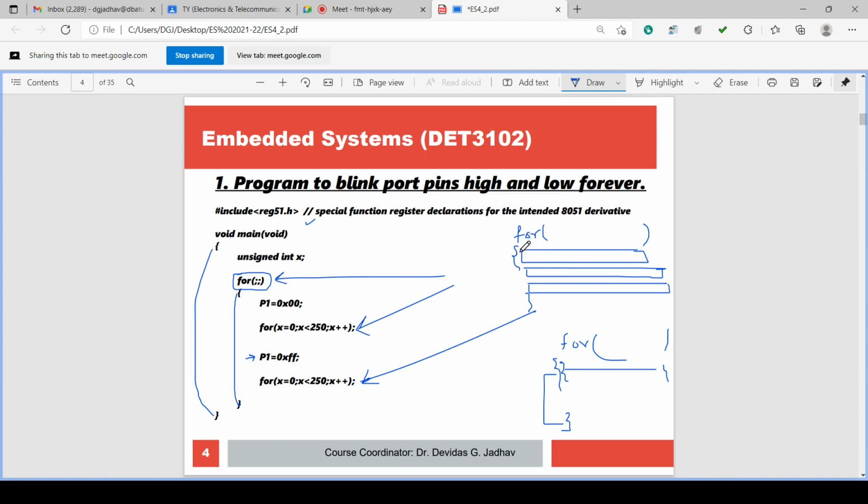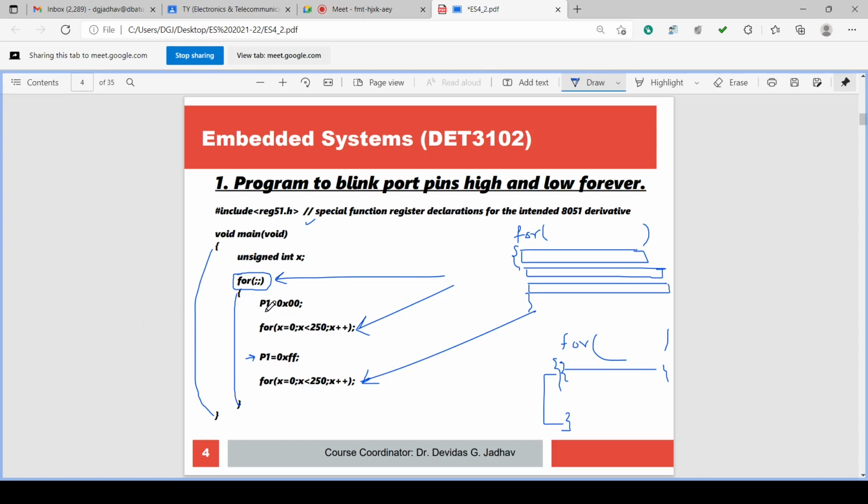I think this is now very clear: the use of the for loop is to execute along with a single instruction or a body of instructions. If the semicolon is not there, it will consider the next instruction or next block of instructions as part of the for loop. If there is a semicolon like this, then the next instruction will not be considered part of this for loop. Only the for loop will execute.